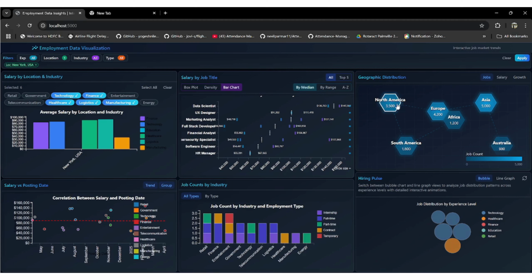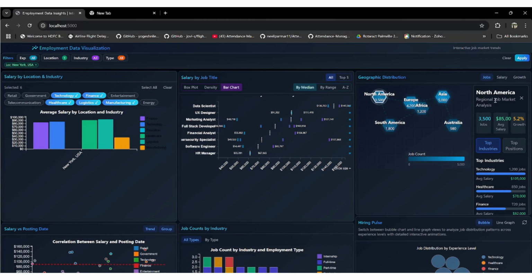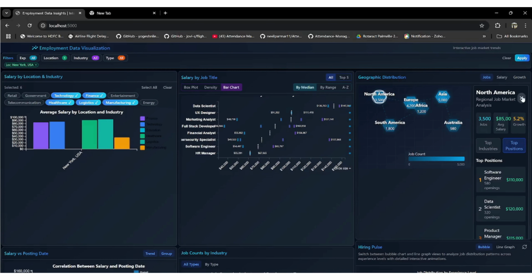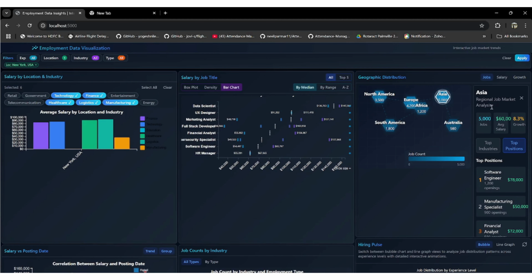So if you want, I can just click on this to visualize the market analysis. What are the jobs? What is the average salary? What is the group? What are the top industries? What are the top positions? Each and every country, Asia,